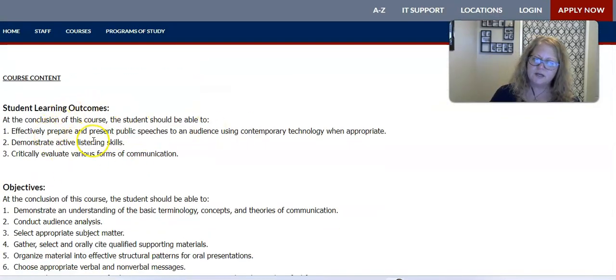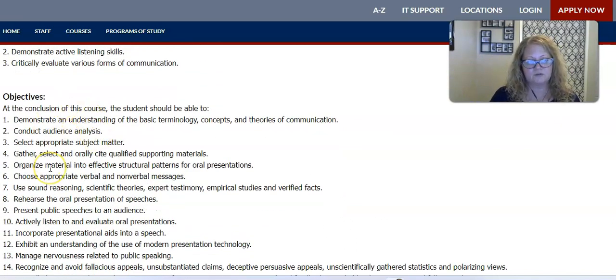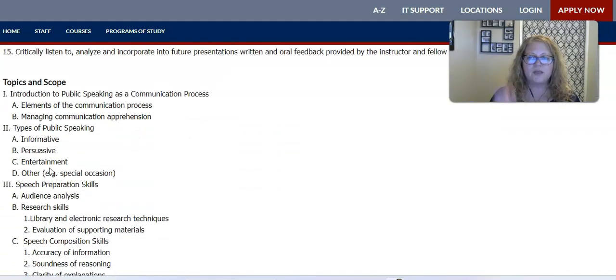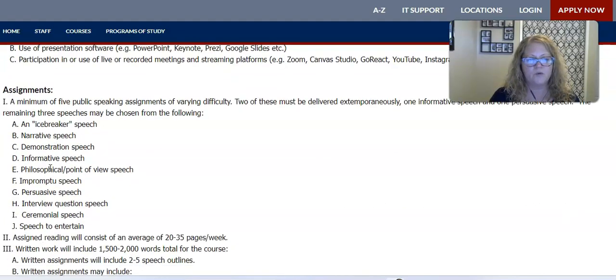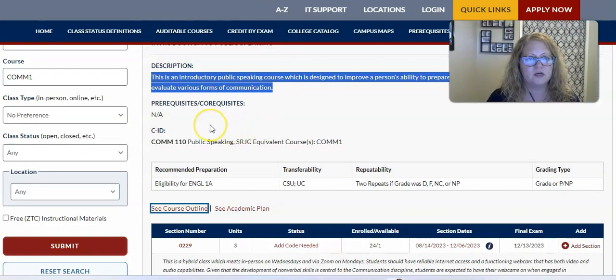What are the learning outcomes for students? What should you know by the time you leave that class? What are the objectives of those learning outcomes? How are they breaking them down into topics and scope? Okay, what kinds of assignments would you be doing? So you're going to do 5 of these speeches. Now, when we compare that to